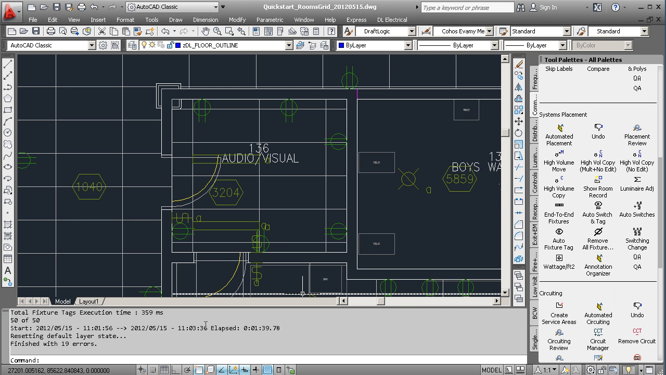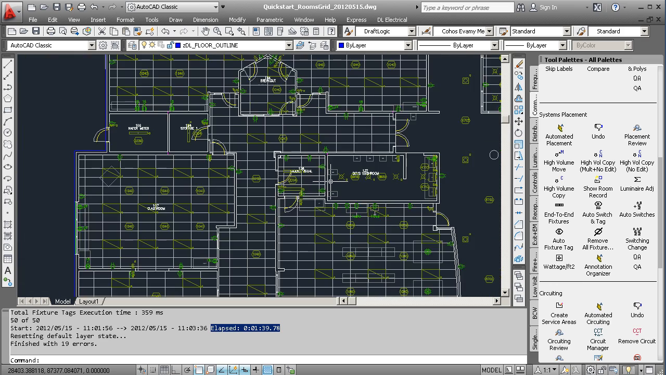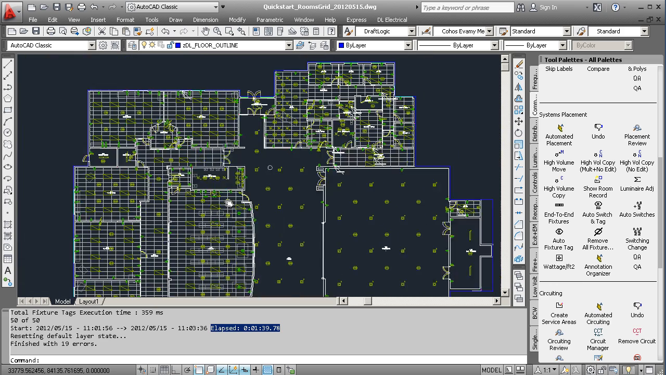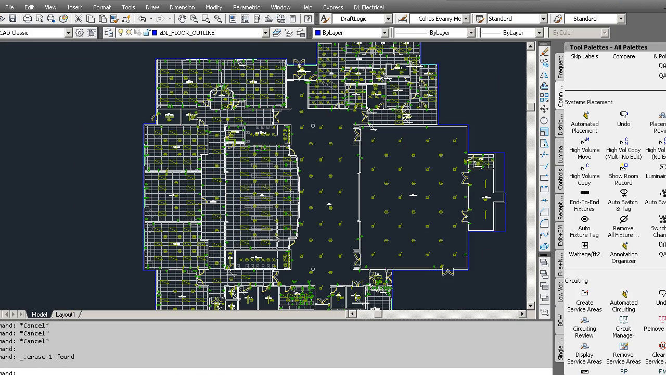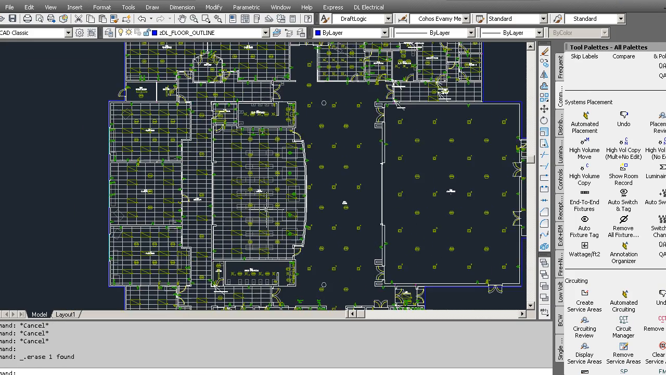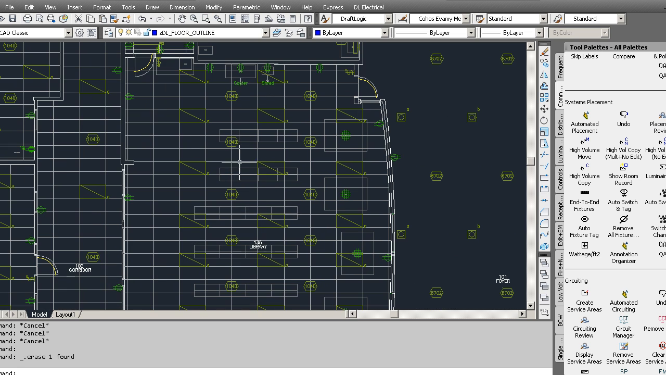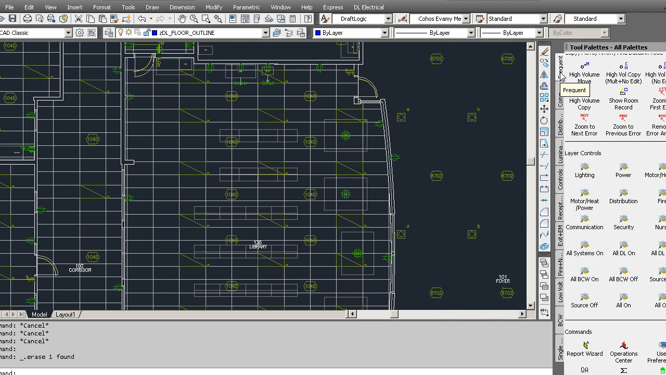So we see on the command line that in about 1 minute and 40 seconds, we had 50 rooms processed, and they all have their generic lighting, room perimeter receptacles, and any rule-based equipment that was placed. Let's look, for example, at the library. If we want to know what to expect for the library, we have a showroom record tool here